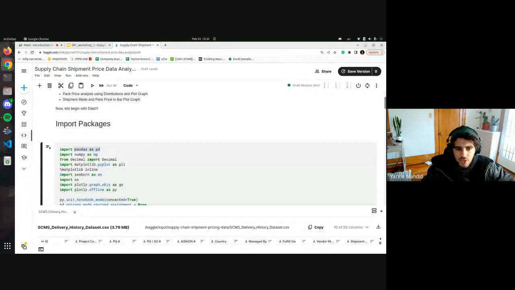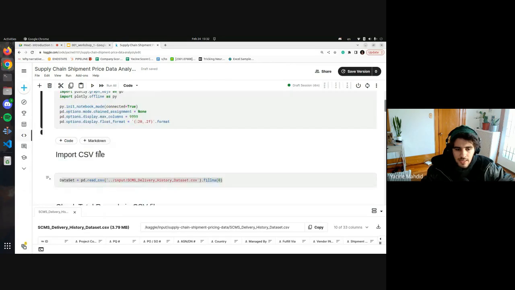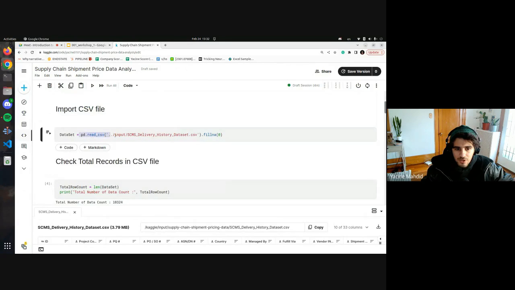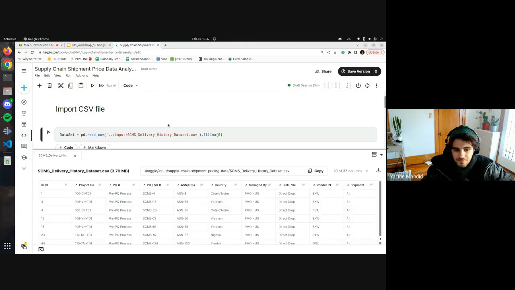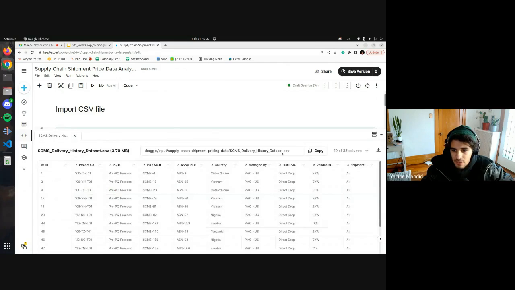Just a shorthand because they don't want to always write pandas everywhere. They want to write something a bit smaller. And then if you look over here, just this line is enough to read the file that I showed you earlier, this one, right? This Excel spreadsheet is like a comma separated value file, and then put it into the